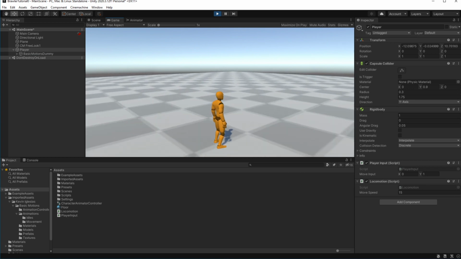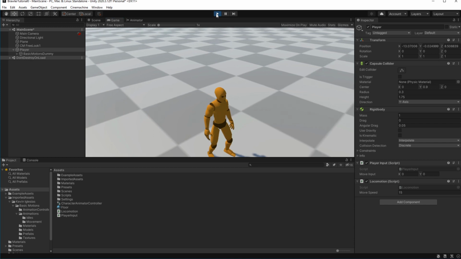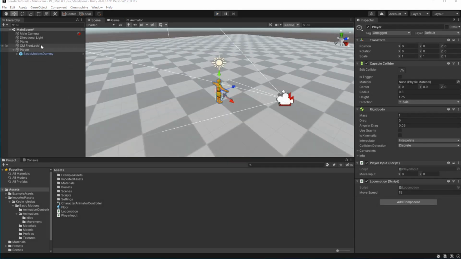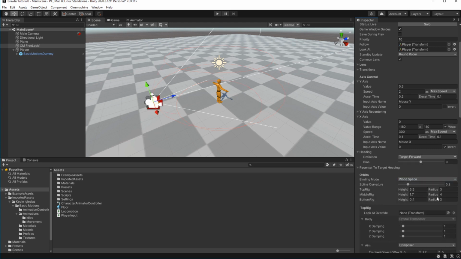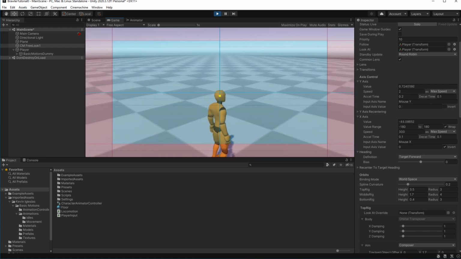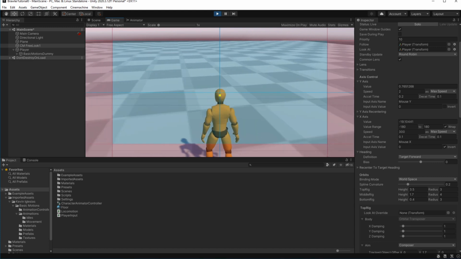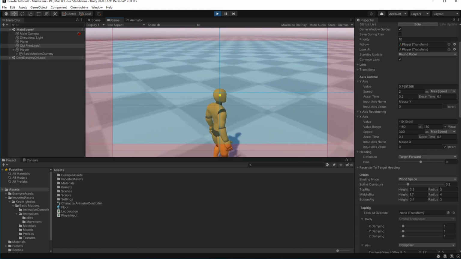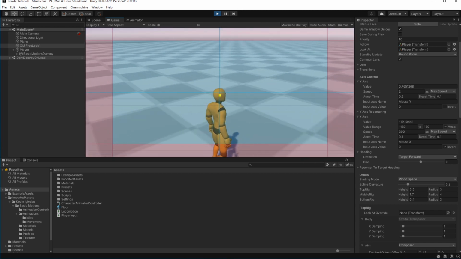We can move forward, but it has a weird thing about moving left and right. To fix this, we need to change the binding mode on our virtual camera to World Space. If I lift my finger off the button, the character slides a little too much.